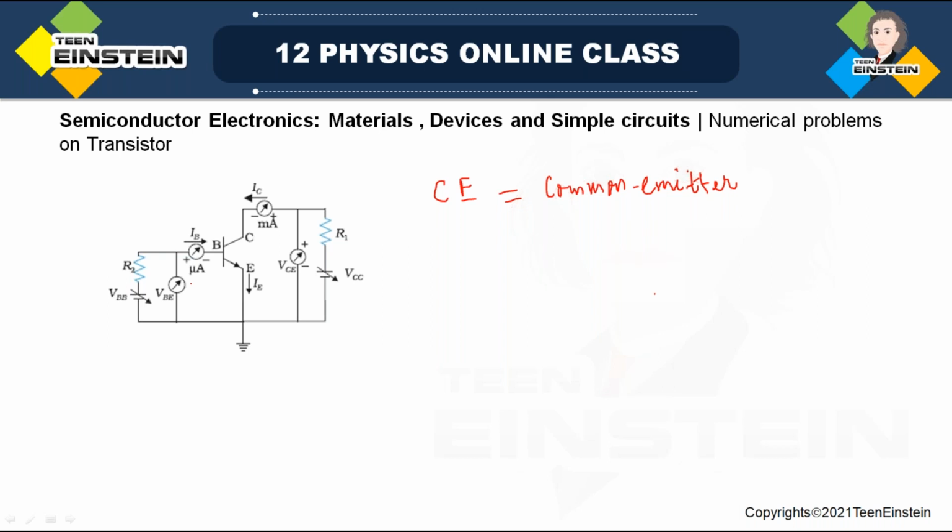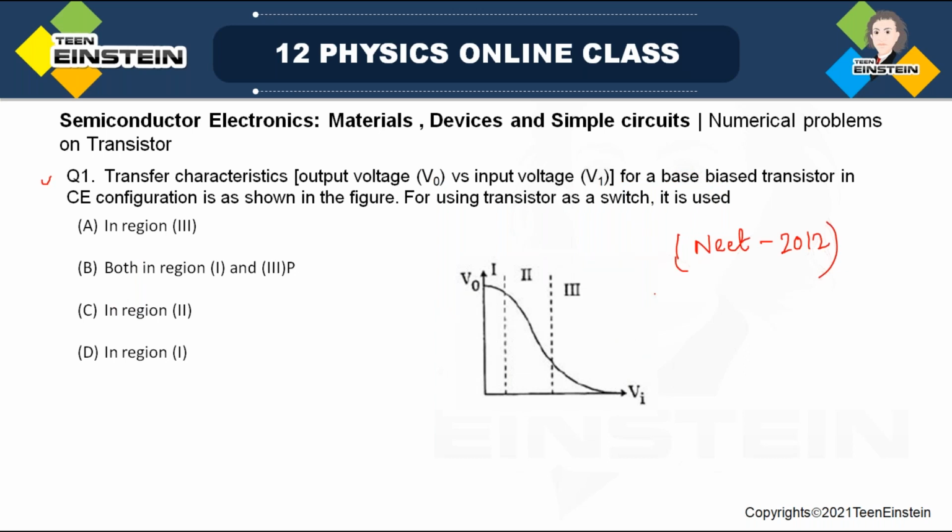Okay, if we plot output voltage, that means the voltage across this, VCE, so this is V output and input is VBB. If we plot output with respect to input, then this type of curve we will get, and we have already discussed that. Do you remember? See, first region will be cutoff region, then this will be active, and then this is the saturation region. Okay, now the question is